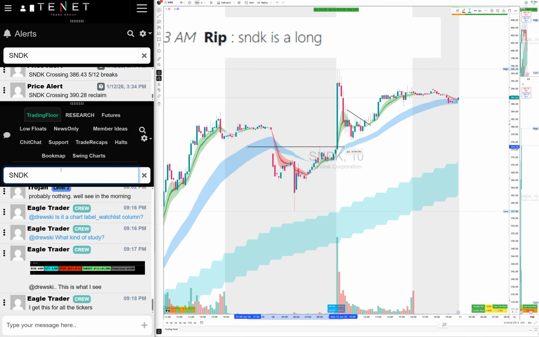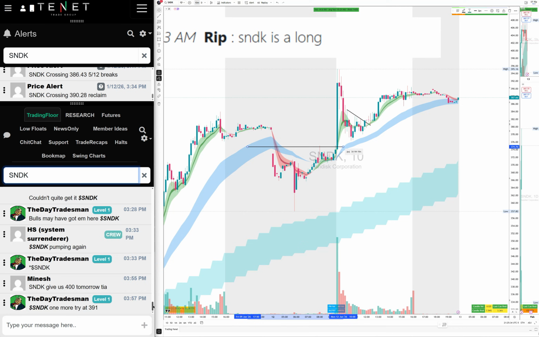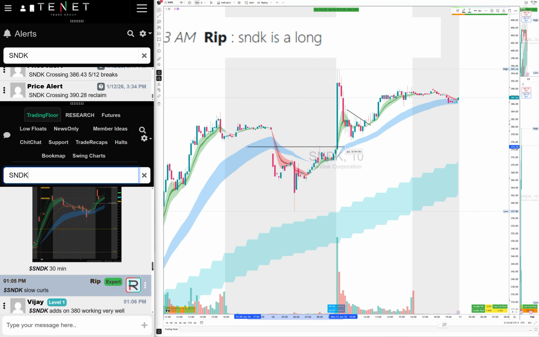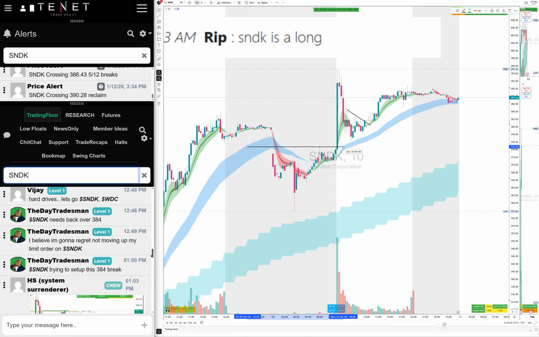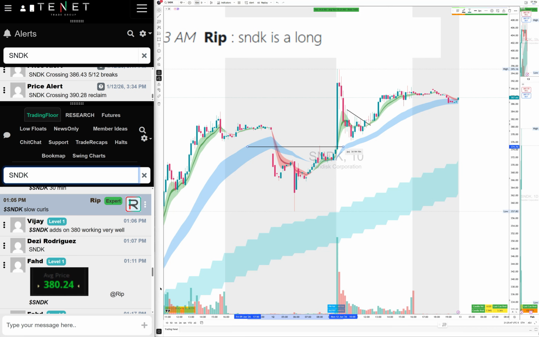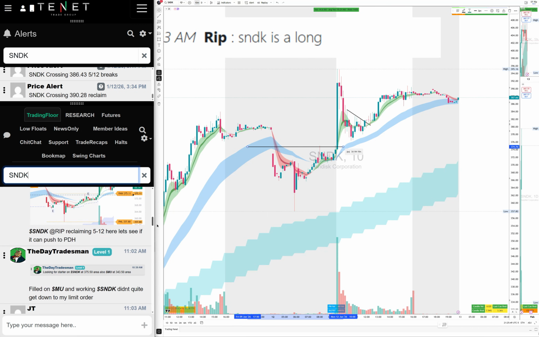And that's what a lot of the traders were doing. We do not do hindsight. We do not do just like we do this, we do that. The traders were doing that. Fahad was long there on that. The day tradesman was guiding the traders on that call long. You can see that. I was also talking about the calls on the trading floor,